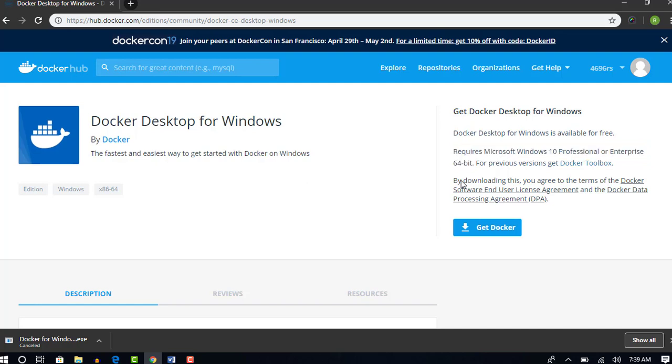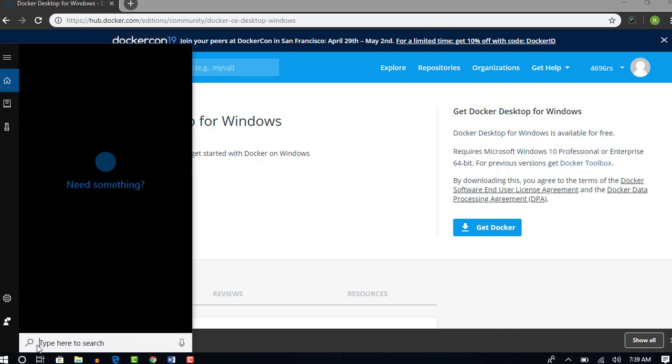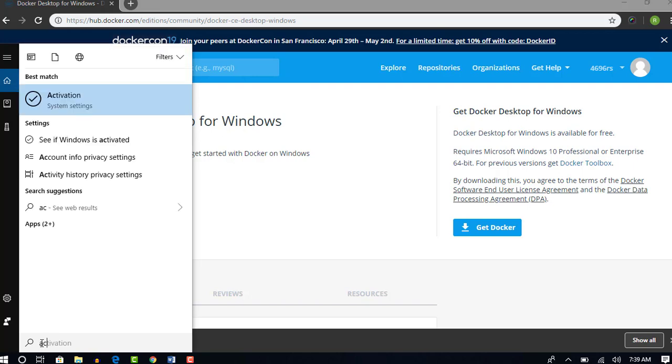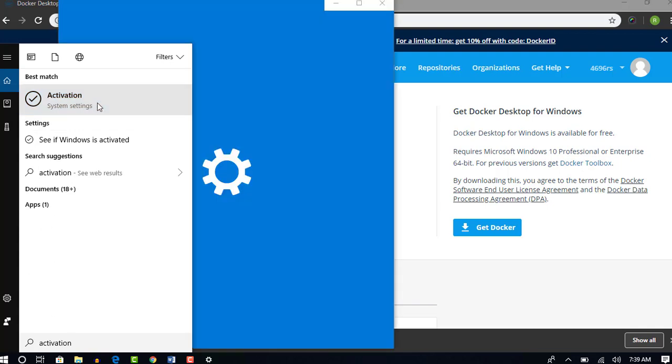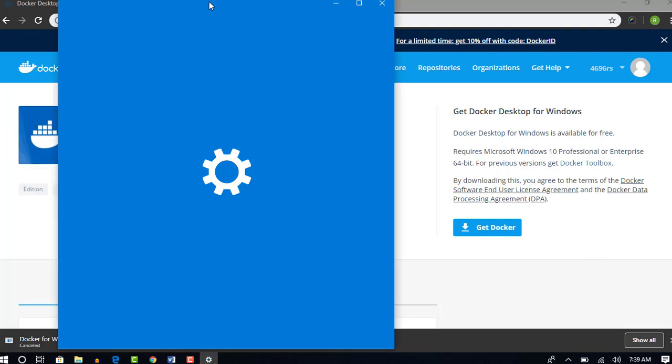Firstly, you can check whether your Windows is Professional or Enterprise by simply typing "activation" in Windows 10 system settings. When you click on this link, it will open the page that gives the details of the Windows edition installed on your machine.